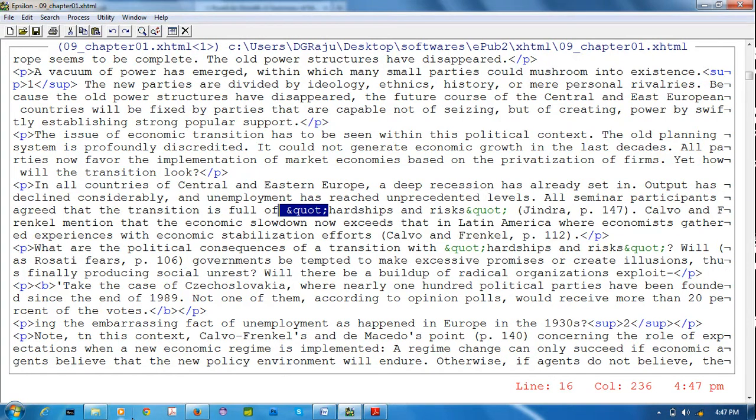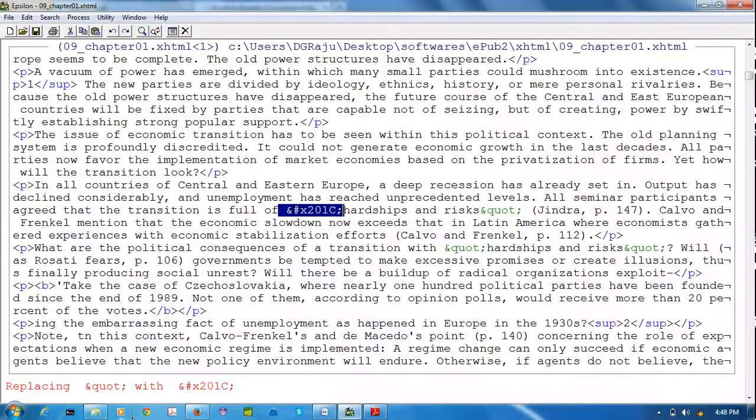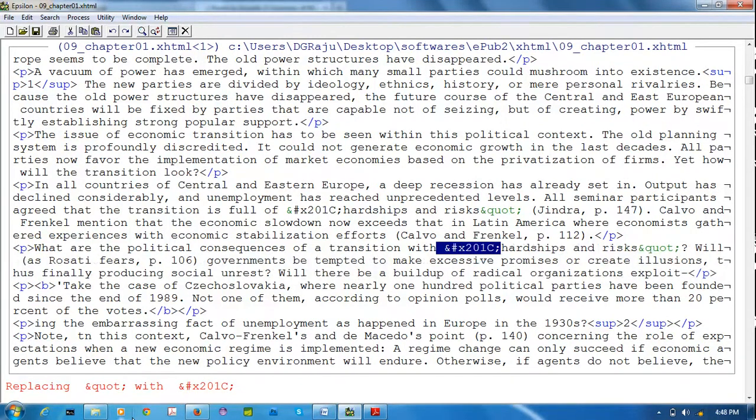I am selecting it with the space. Press Alt R, space, QUOT. First I am giving the space. After that, I am giving the entity name, 201C. Okay. Enter. After that, I am giving a space. It will go to the next search, comma, right. So I am using Shift 1 for replace all. Shift 1, that T is there. After that, next is there.